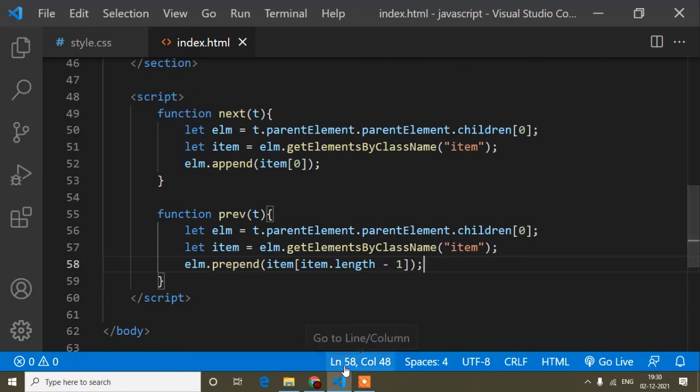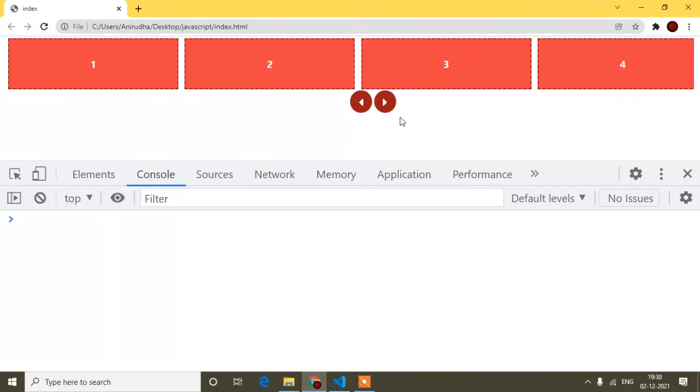Now let's see whether it's working for the previous button or not. You can see it's sliding 3 4 5 6. If I click again, you can see it's 4 5 6, and then it's looping. And now if I click the previous button, you can see it's sliding. But guys, if you are thinking it's sliding but not working like a proper slider, because it's sliding but not animated, right? In the next video I will show you how you can do that.